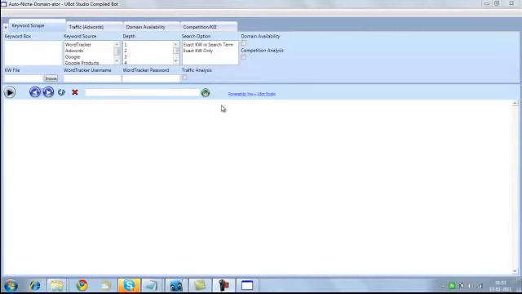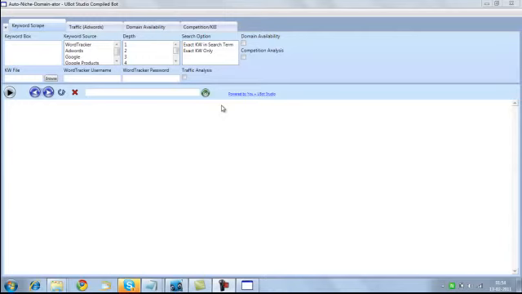The first tab is for keyword scraping. It gives you many options, like you can scrape your list of keywords from Word Tracker, from AdWords, or maybe Google Suggest, or even Google Products. You just type one keyword here, it will go to Google, type that keyword, and find all the keywords that Google pops up if you enter that particular keyword.